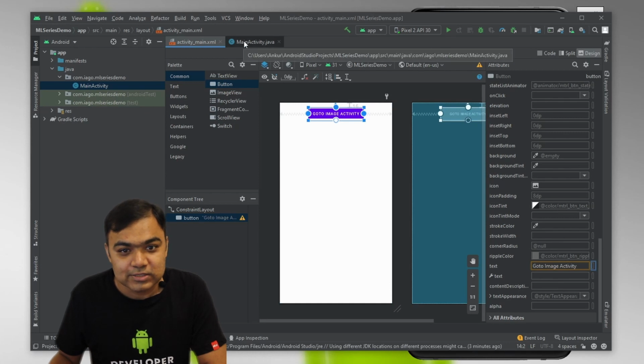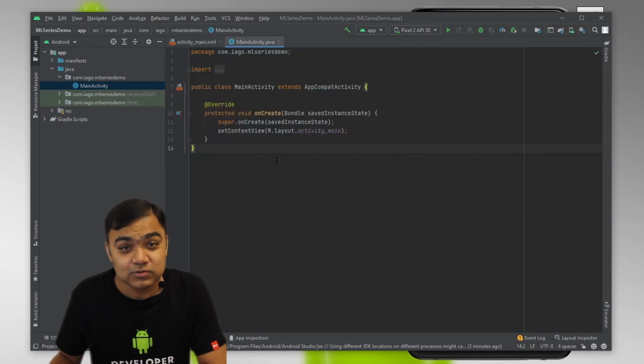The next thing we'll do is come back to main activity. This is the Java code that we are writing. The layout and the activity are already linked because as soon as the main activity is launched, it will set the layout to that layout file and Android will render that UI.